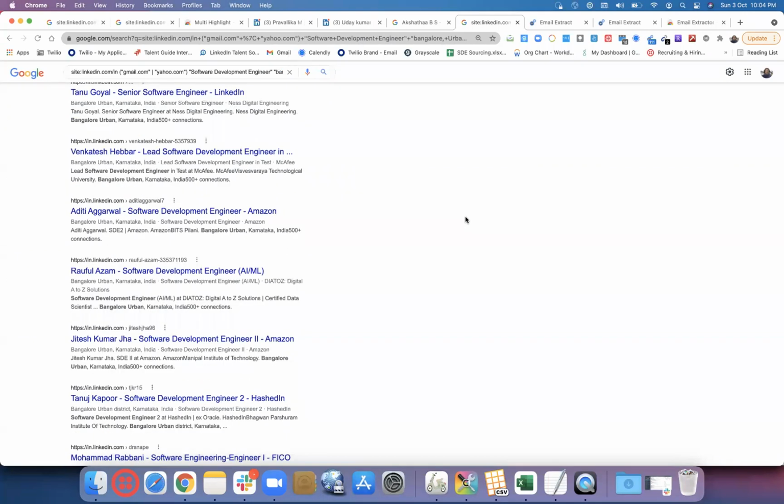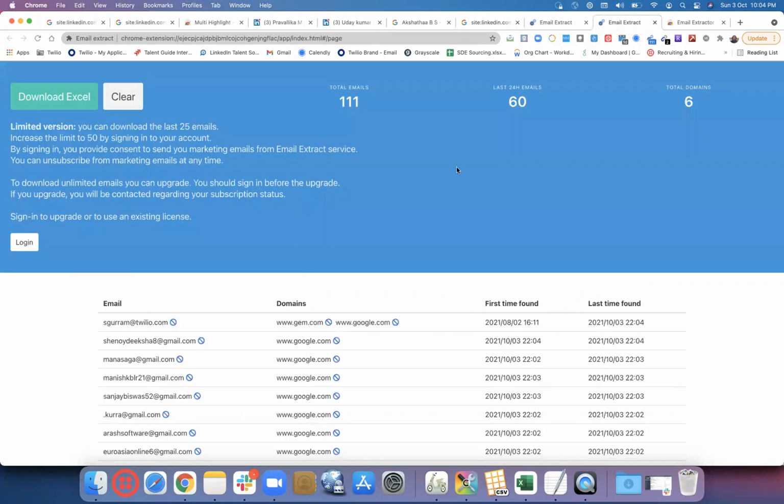Is there any limit for this email extractor also? How many emails can we fetch? I don't know, but